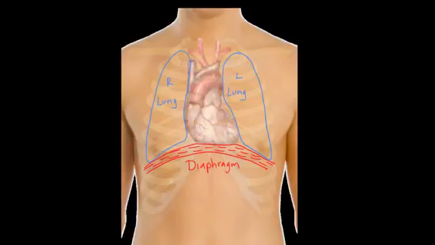And if you look at the contents of this space, you'd have your lungs and you'd have your heart. So this entire space then is called your thorax. So what exactly does the heart do? Let's actually make a little bit of space now